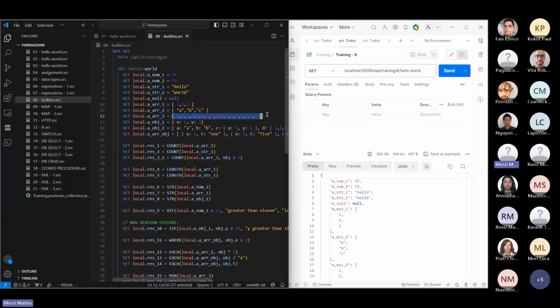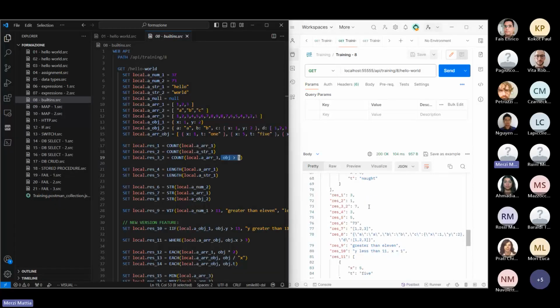The subject of a lambda expression is by default obj; it's a conventional keyword. So if we filter this array of integral numbers, returning all of the numbers that are greater than 5, we receive